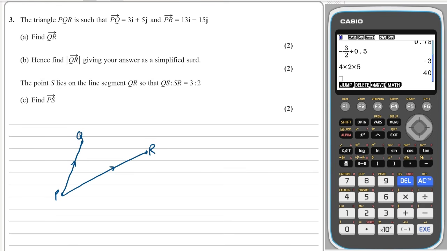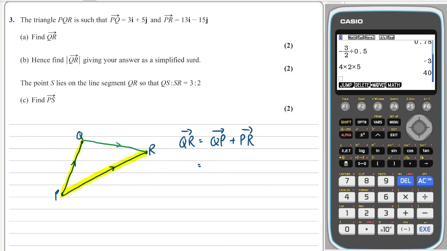And we have been asked to work out Q to R in that way there. Okay, so how am I going to get there? I'm going to go the wrong way down this line, and then I'm going to go adding on the right way down that line. So Q to R is equal to Q to P plus P to R,